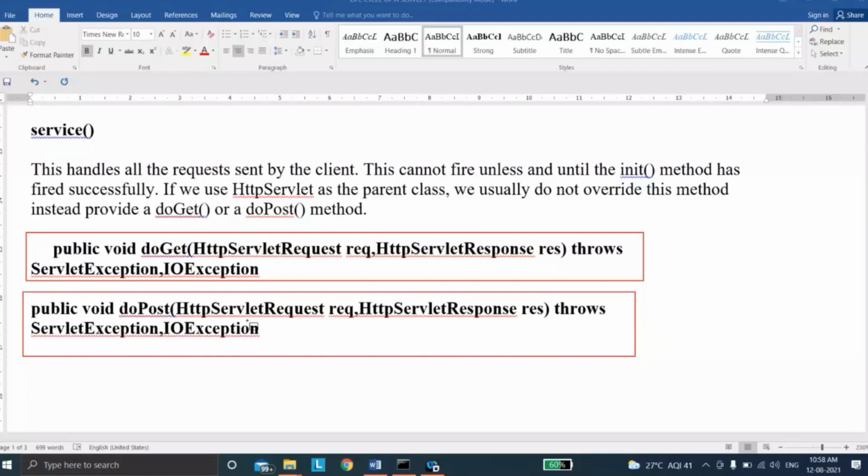To use these particular methods doGet and doPost, these two methods come under a class called